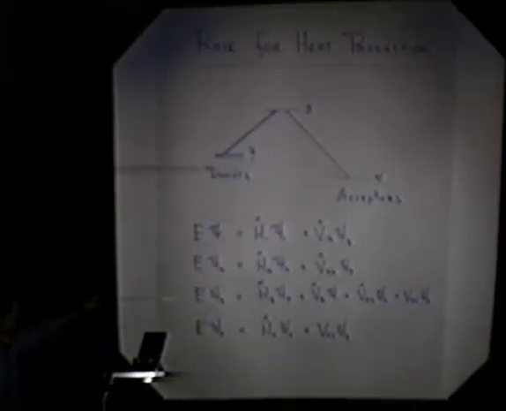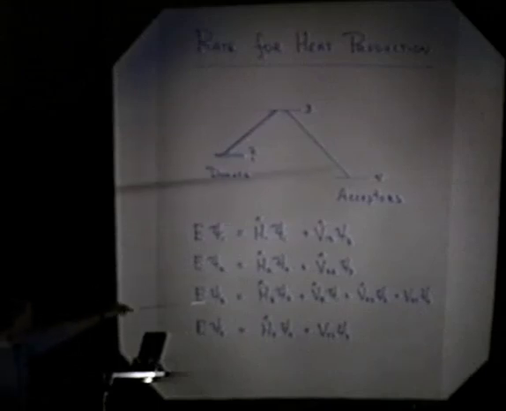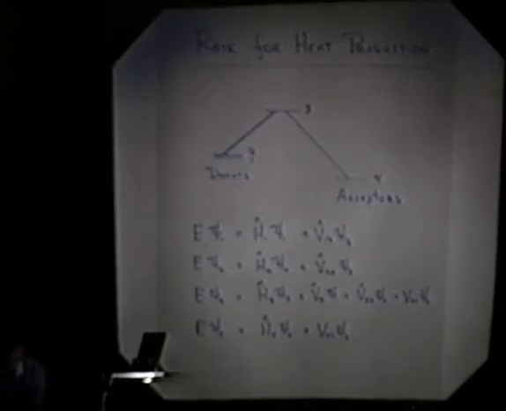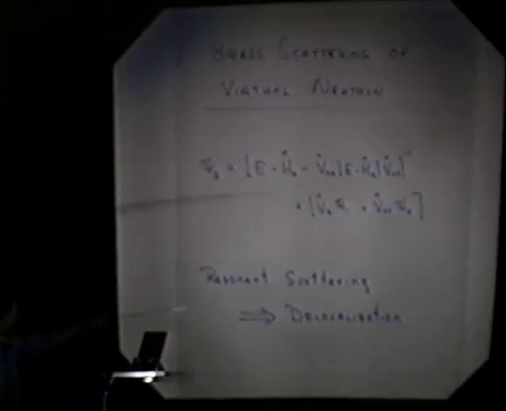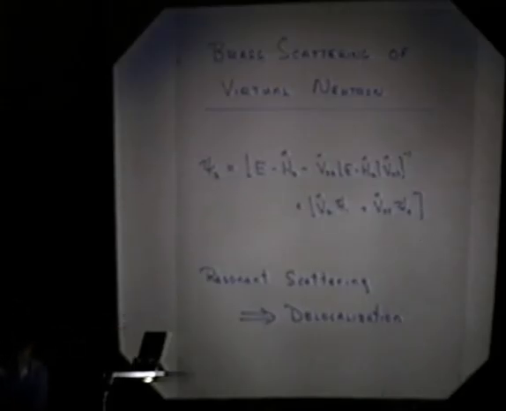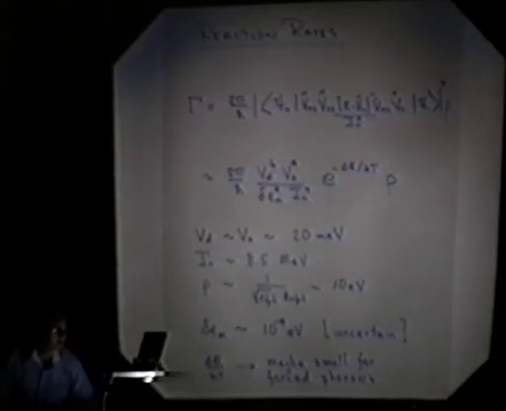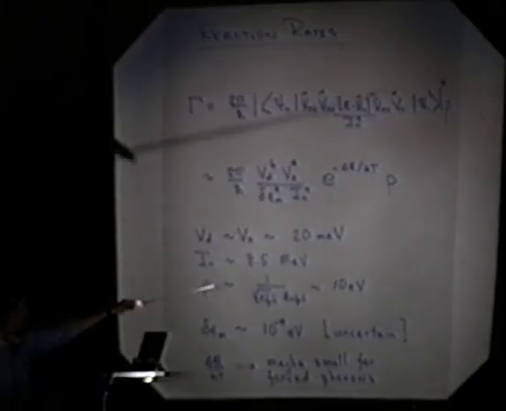You can make up a model for the heat production. You have to have at least 2 degenerate levels for your donor states. Sodium chloride or diamond structure is fine. Have the continuum and we have the acceptors. We can include the Bragg scattering of the virtual neutrons in this form and extract the non-local part of it explicitly. And we can do that, and we can get the reaction rate estimate. Formally, it looks like this.